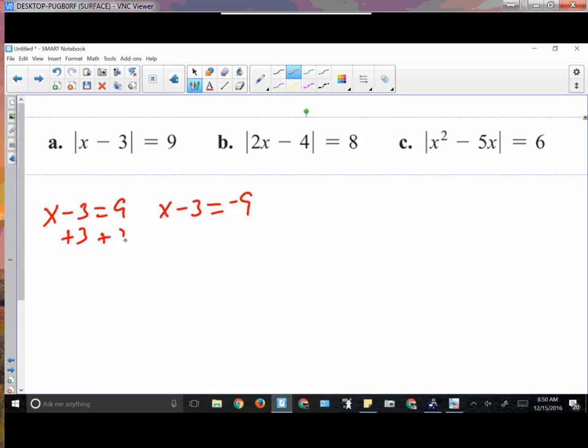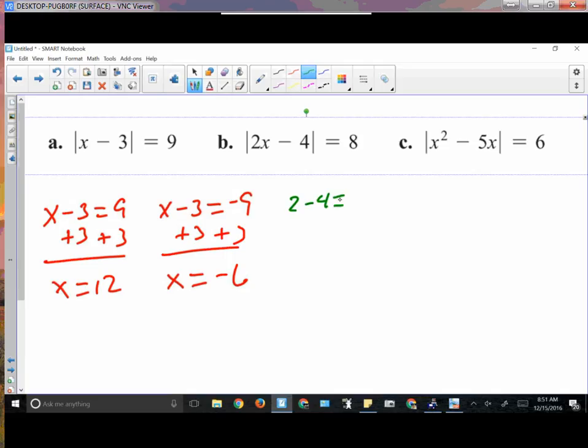Add 3, x is equal to 12. Add 3, x is equal to negative 6. So, there are two possibilities here for this one. X is either equal to 12 will work, or x equal to negative 6 will work. That's all it is. What about the next one over? Well,